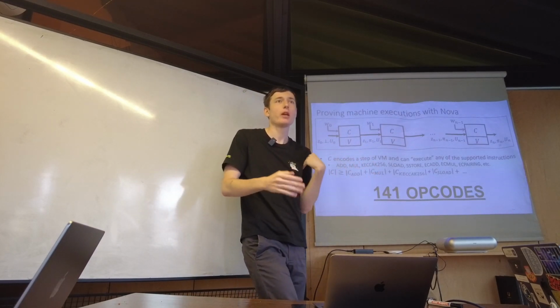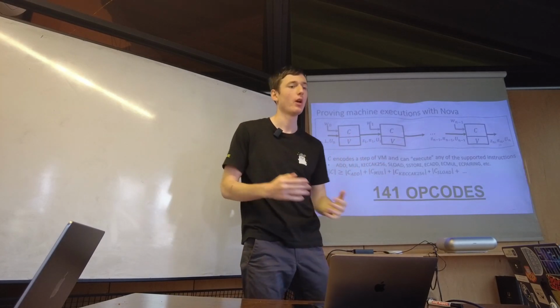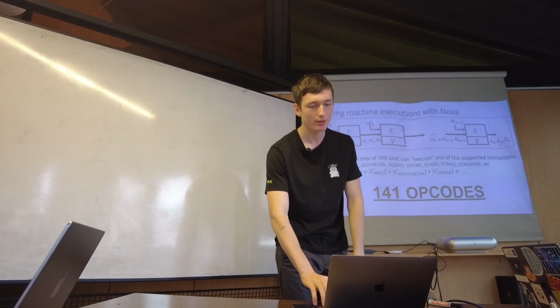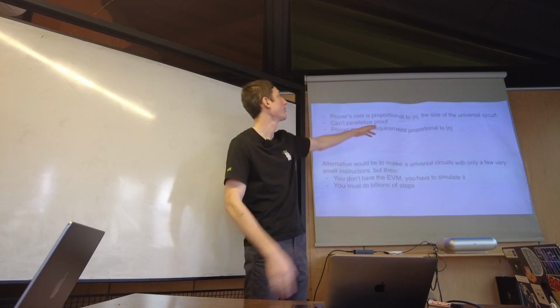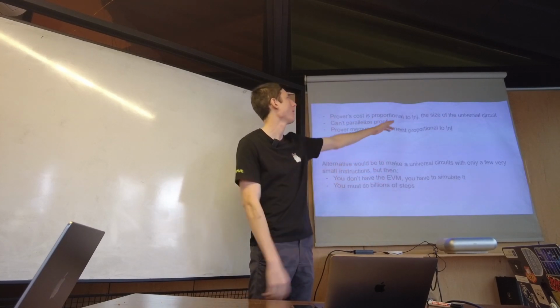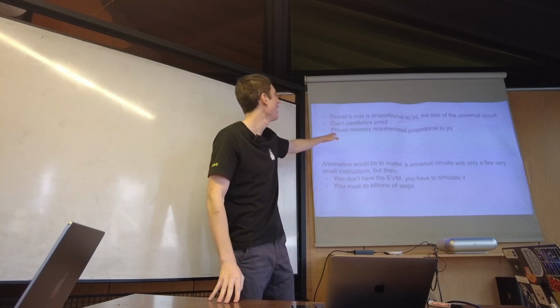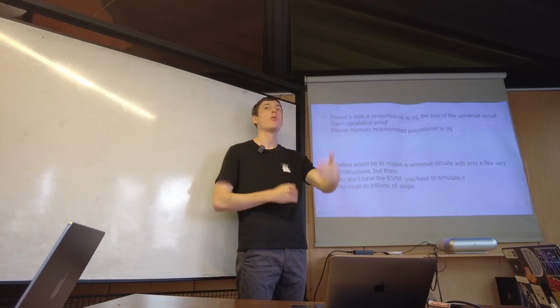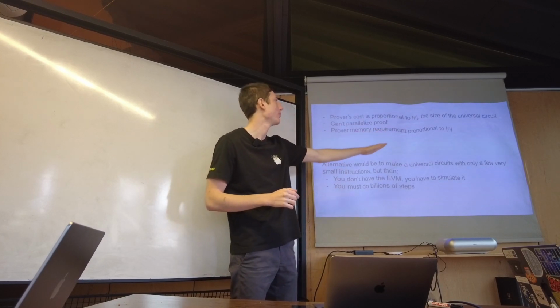Yeah, you have to have one big instance or one big circuit that contains everything. And it's acyclic, so it's not easy to do that. As I just said, the proof cost is proportional to the size of the circuit. The universal circuit, universal means there are all of the instructions inside. You cannot parallelize the proof. You have to run each step one after the other. And the prover memory requirement is also very big.